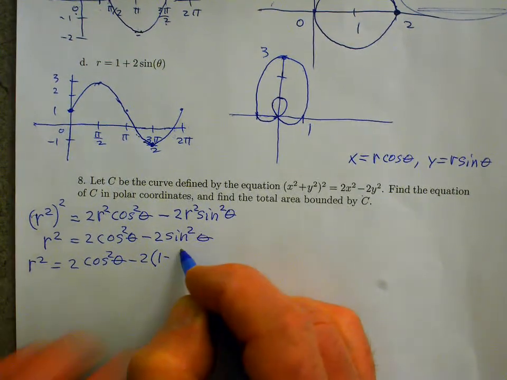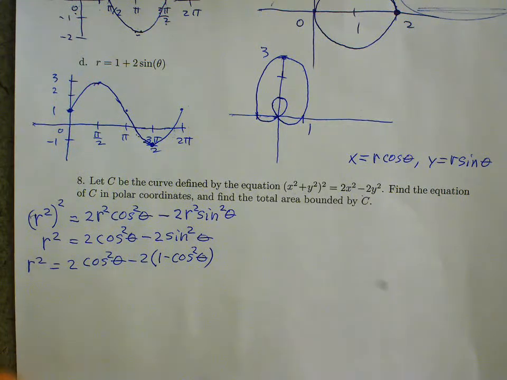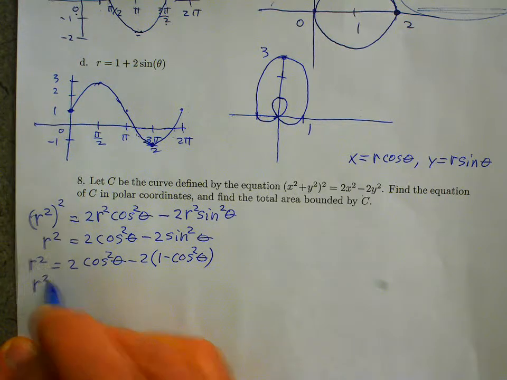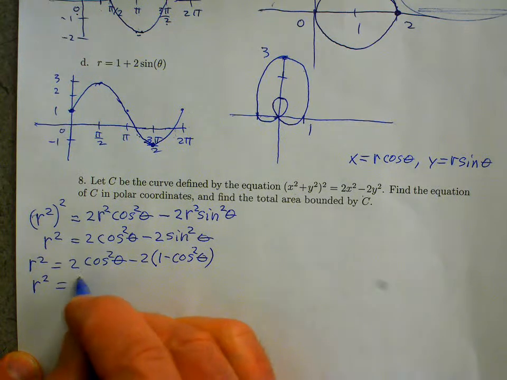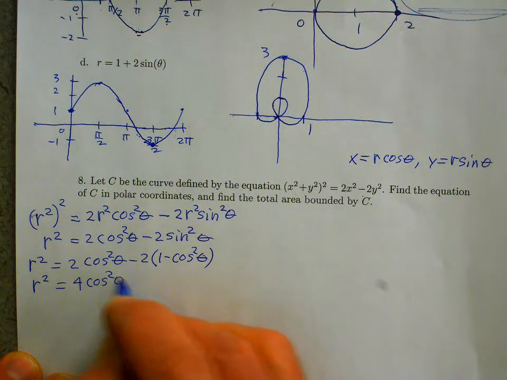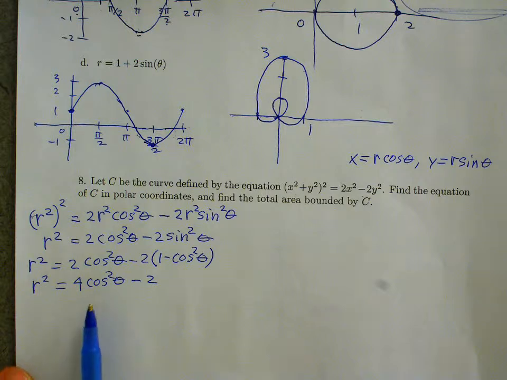1 minus cosine squared theta. So altogether, we're going to get 4 cosine squared theta and then minus 2. So I'm skipping a step, but you can see when we multiply -2 times negative cosine squared theta, we're going to get a total of 4 cosine squared theta and then minus 2. Are we all in agreement so far? Okay,